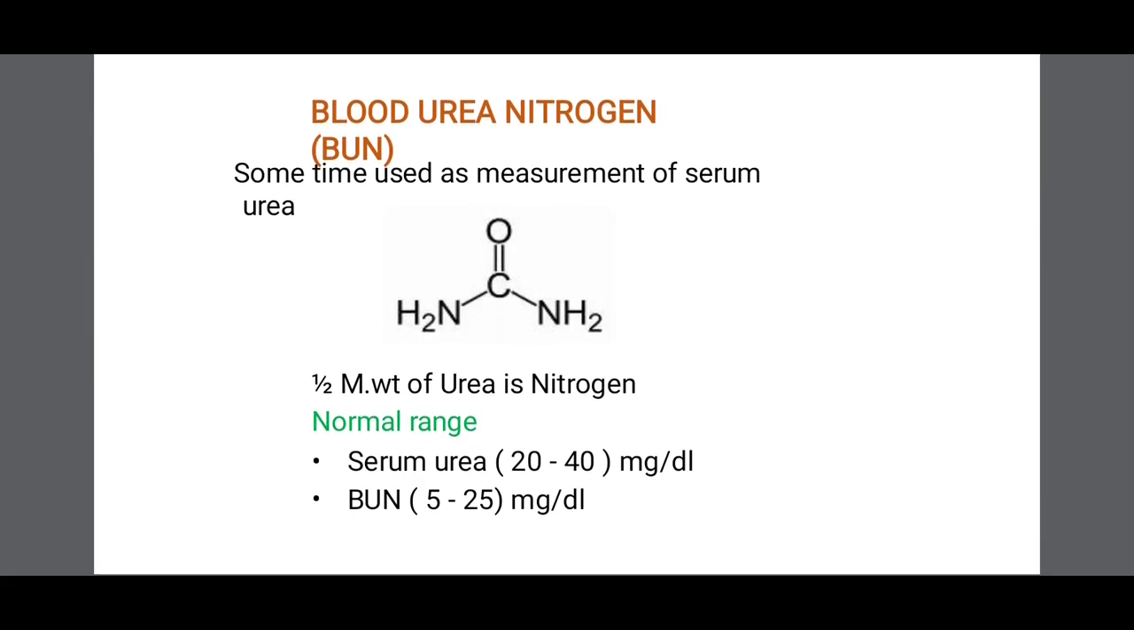So next we'll see the blood urea nitrogen, which we can call BUN. Sometimes it's used as a measurement of serum urea. Half of the molecular weight of urea is nitrogen, because in the urea structure we can see the amino group is present, so the nitrogen part of it. So the normal range of serum urea is 20 to 40 mg per dl, and BUN is 5 to 25